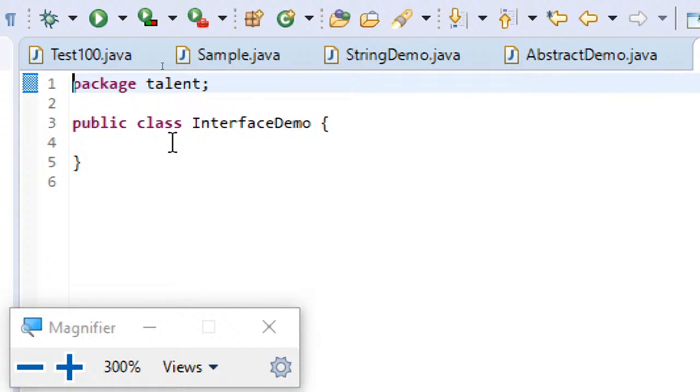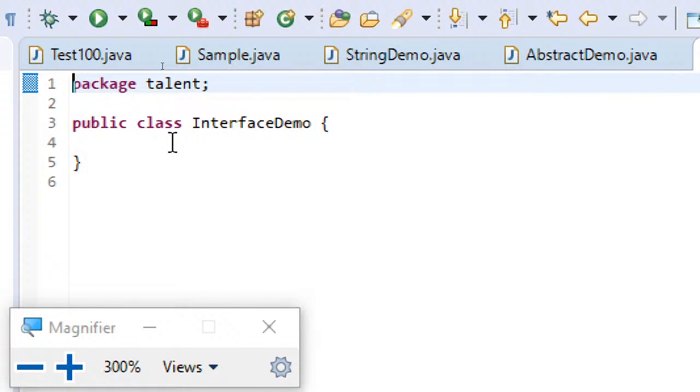Another point to be remembered with regard to interfaces is that by default, all the variables that you declare inside an interface are public static final variables.